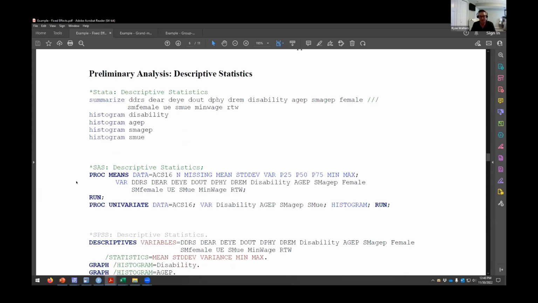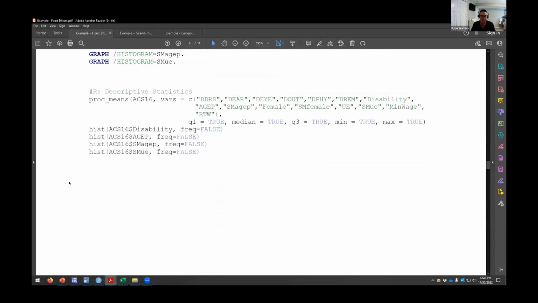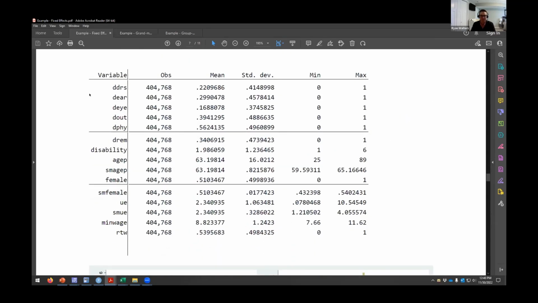We're going to ask for histograms just to take a look, and that's how you would do this in all three of your, all four software programs. Results from Stata are presented here. So again, observations, we have our means. The most common disability is